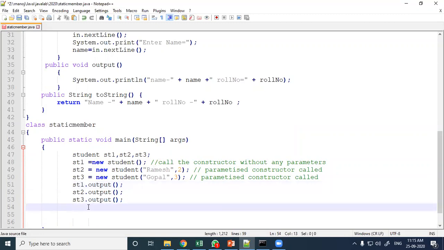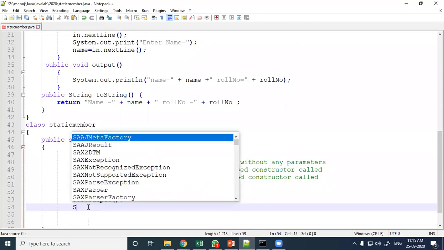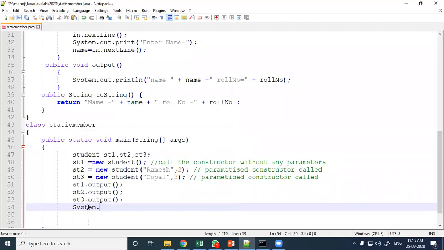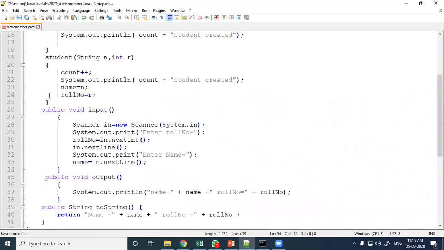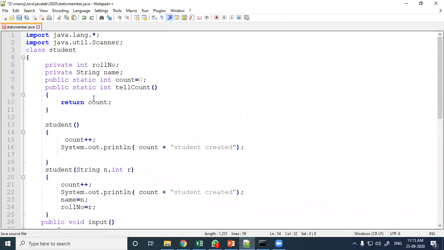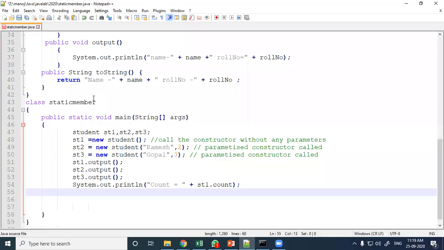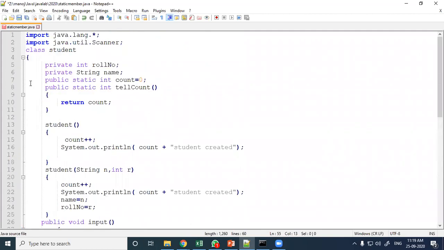Okay. Now let us call System.out.println. Here if I print the static variable, can I print the static variable? Here count is a public static member.